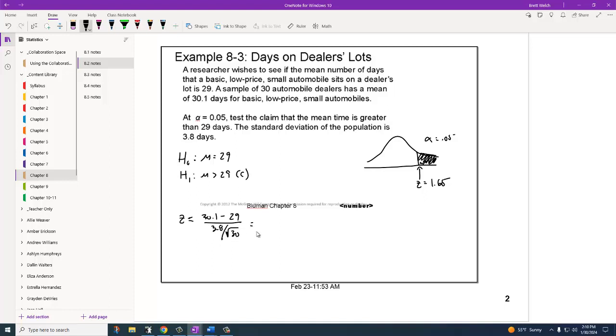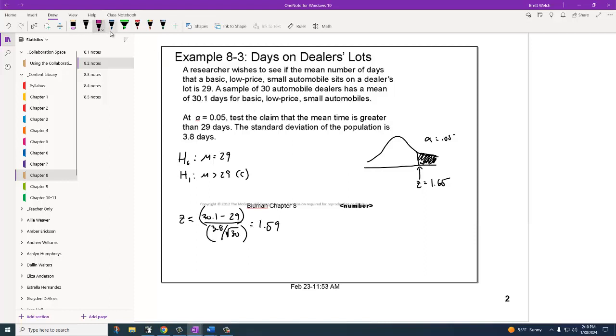If I plug that into the calculator and evaluate, I should be able to come up with a number of 1.59. Be careful with your parentheses. You should probably put parentheses around the top, parentheses around the bottom, or evaluate the top and bottom individually. That 1.59